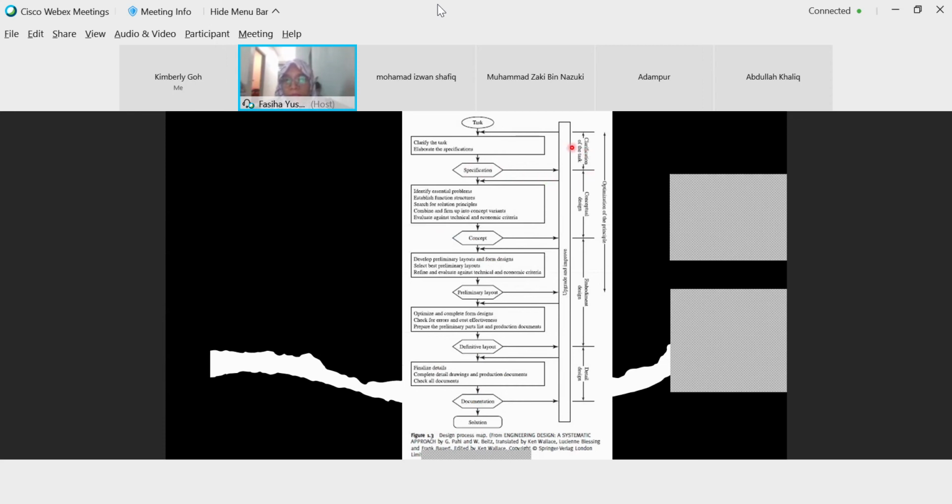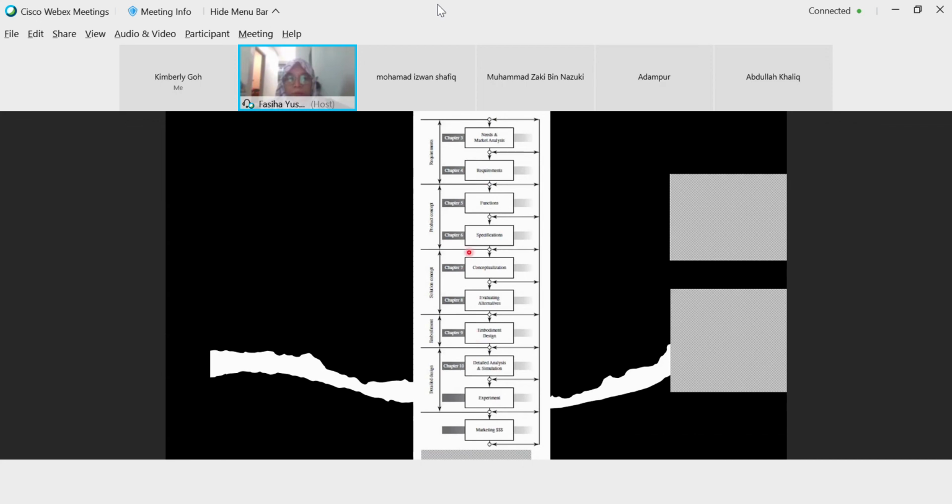If you can see here: clarification of the task, conceptual design, embodiment, detail design. This is from another textbook, and this also.